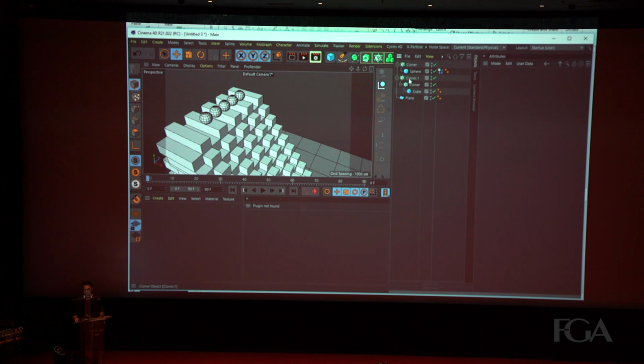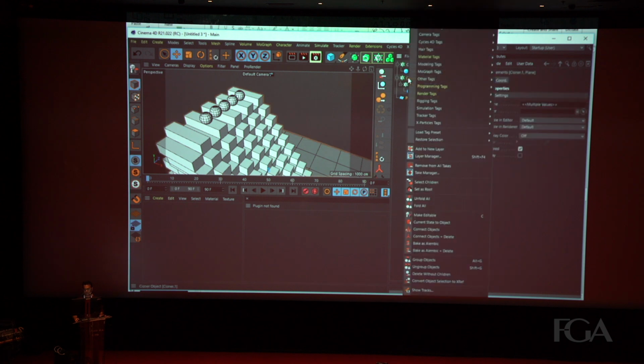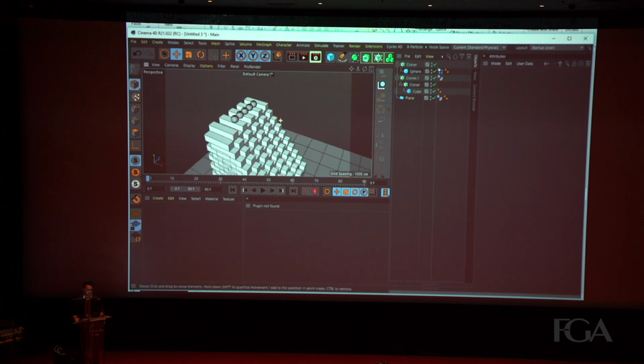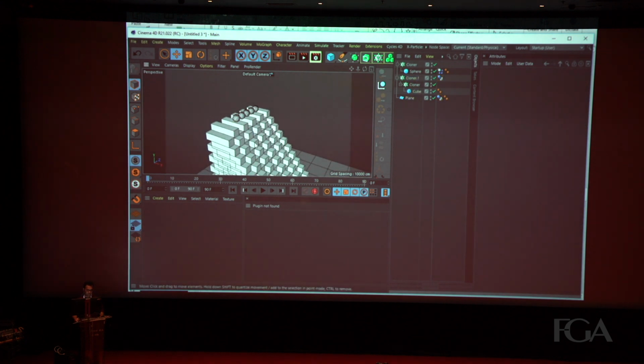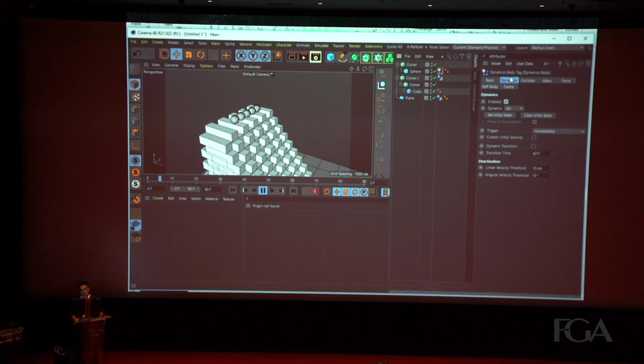And at the same time, I'm selecting plane and cloner to give the collider body tag in order to react like this. So it's just falling, but not coming forward. In order to do that, I will go again to my dynamic tag for my spheres, and I'll select the custom velocity.